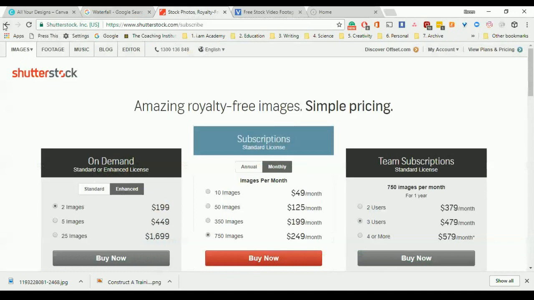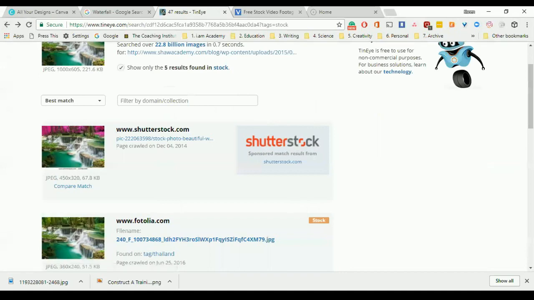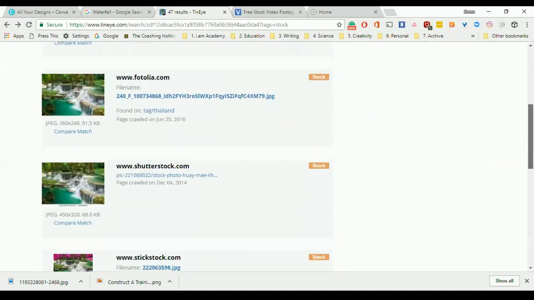You'll find other options that are more expensive. Remember, we've only looked at Shutterstock. There are also a couple of other options available to you. So have a look, compare, but do not use a photo that you found without buying it unless you found